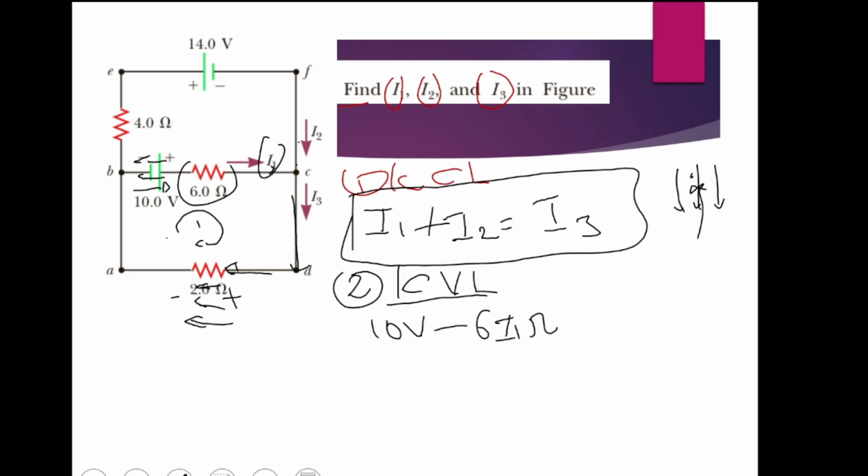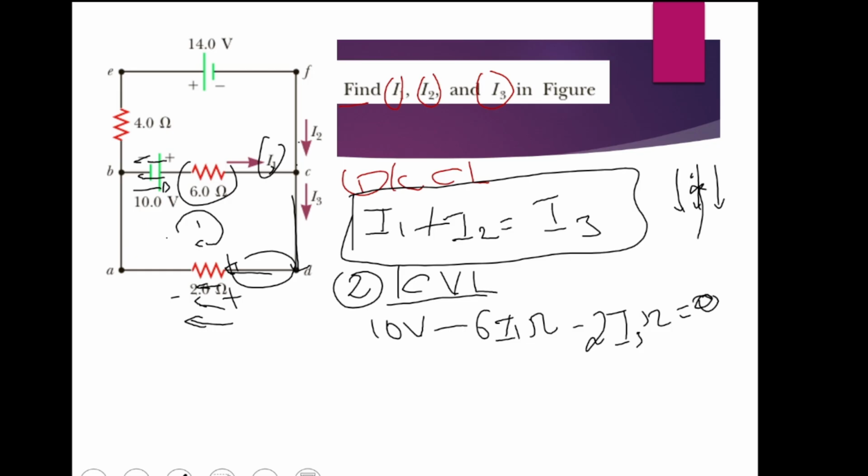So if the path that we have chosen by our loop is in the direction of the current flowing, the voltage will be dropped at that point. So it will be negative. How much? Twice I3 ohm,